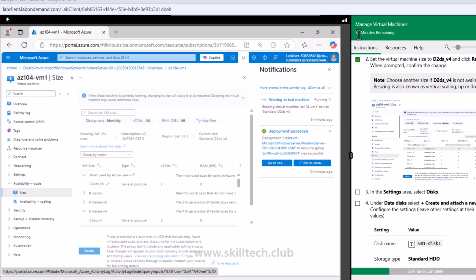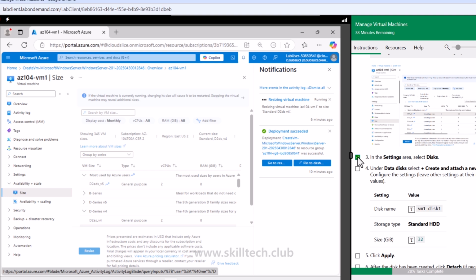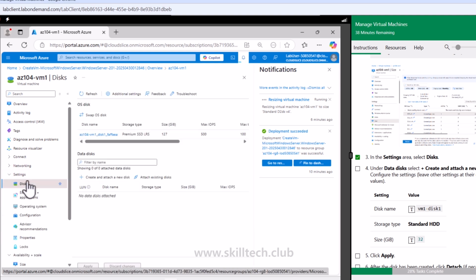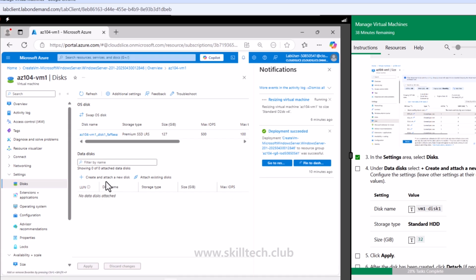Now we have a limited time associated with this lab, so I'm not waiting for this further. I am going to move forward to the other configuration so that we can check those things also. The next thing is I have to go to the settings section. Inside the settings we have a disk section, and in the disk section we can actually focus on create and